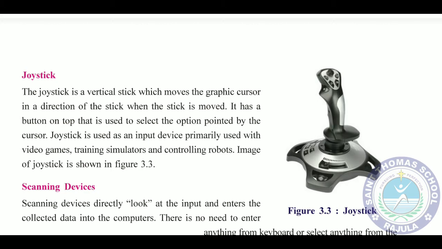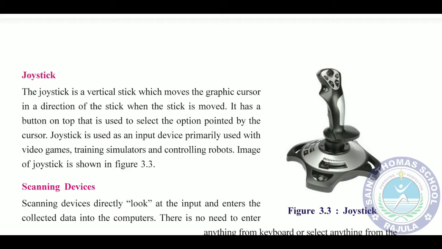In whichever direction you move the stick, the graphical arrow moves in the same direction on the screen. At the top of the stick some buttons are there, used to perform the selection operation. Once the pointer reaches the particular position, you can press that button to do the selection.